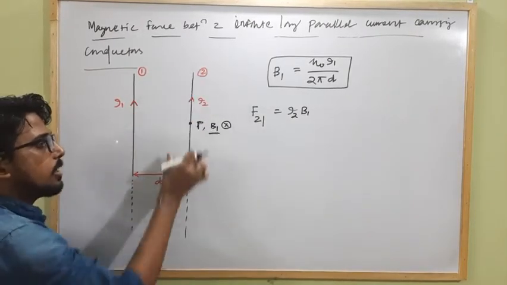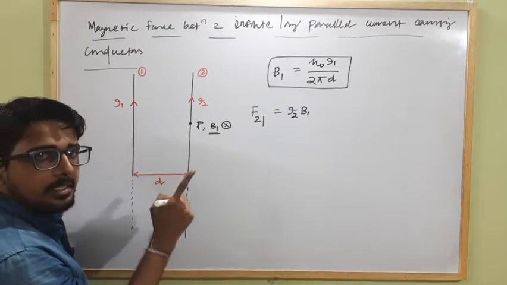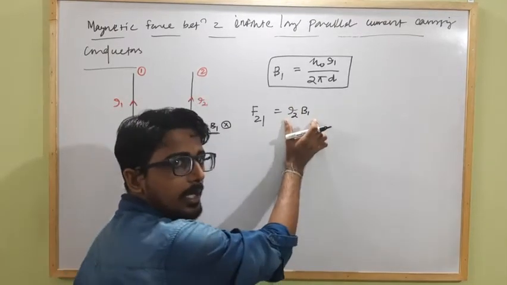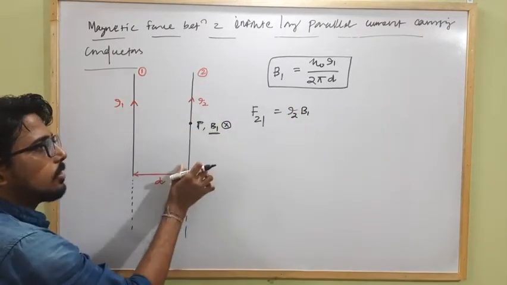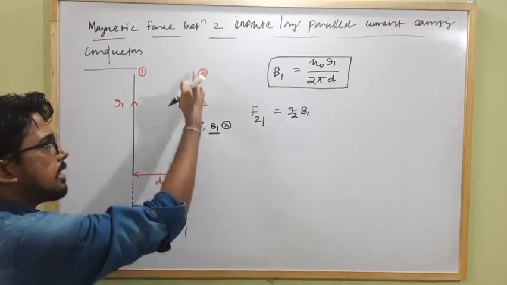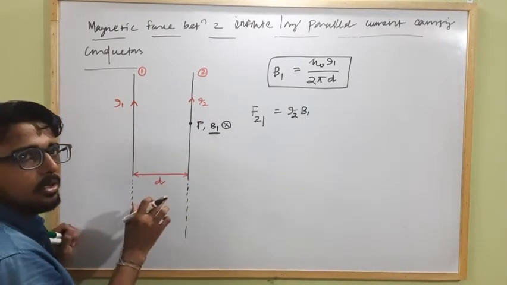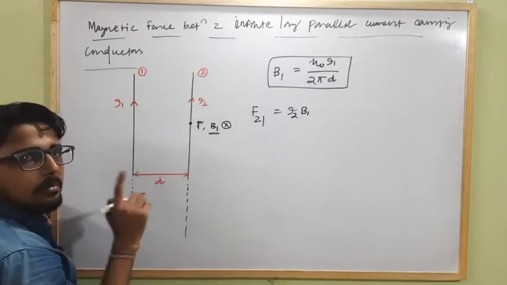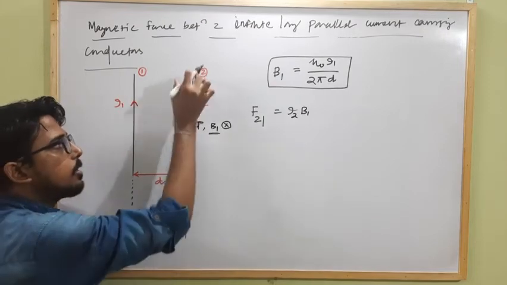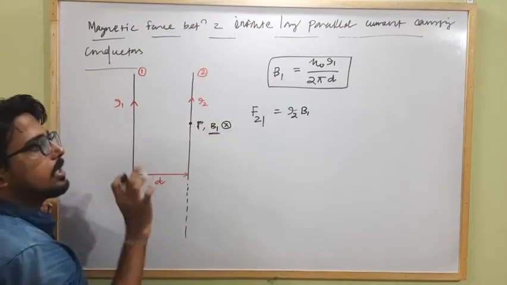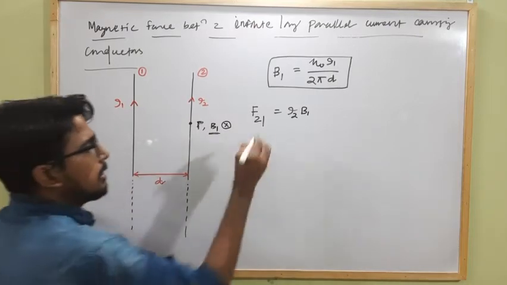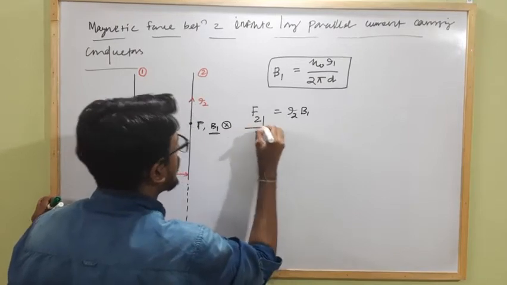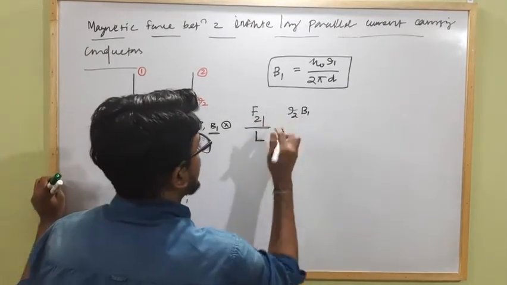So the length of this current carrying conductor is what? Infinite. So in this case we can determine the magnetic force acting on this conductor per unit length, as this is an infinitely long straight current carrying conductor. We cannot determine the magnetic force acting on the complete length of this conductor, so we have to determine the magnetic force per unit length. So this is the force per unit length L of the current carrying conductor 2, which can be written as equal to